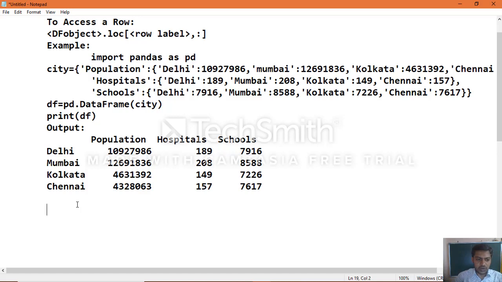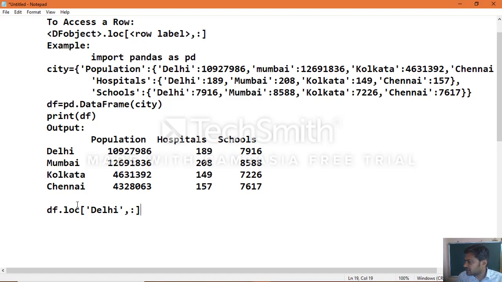Now we specify the object name df dot loc of, for example, Delhi, followed by a colon.